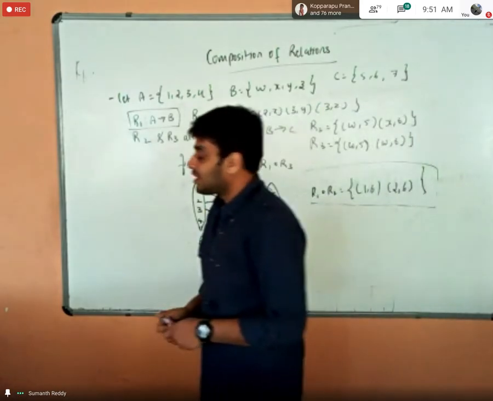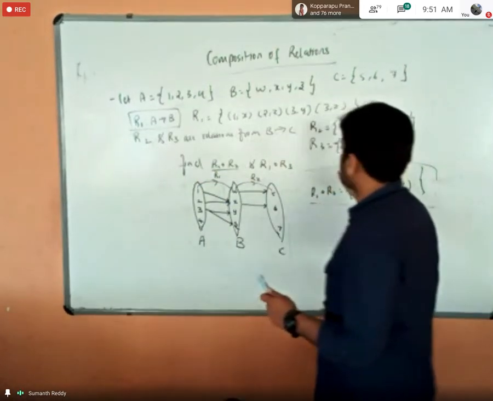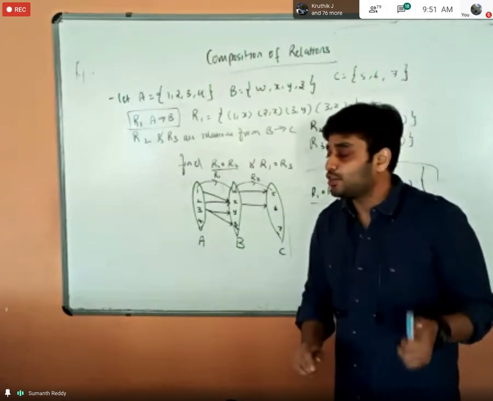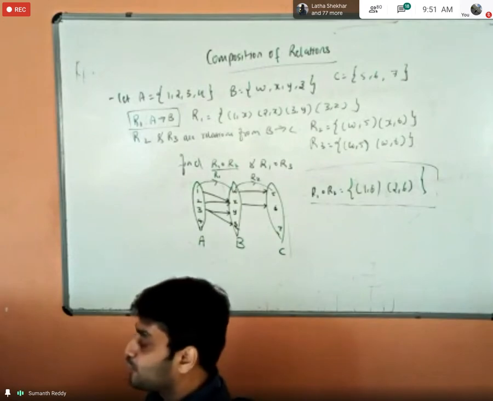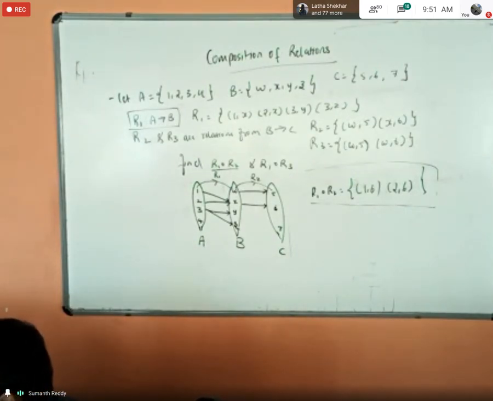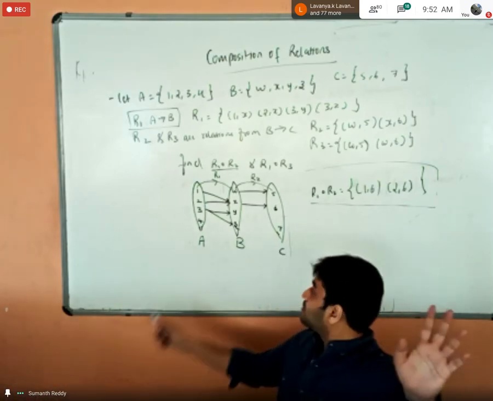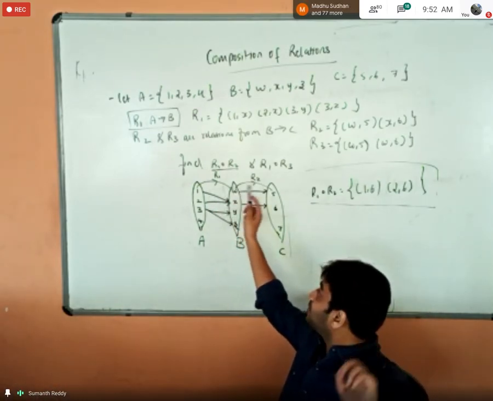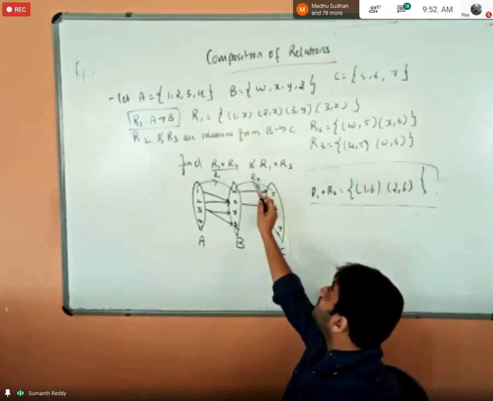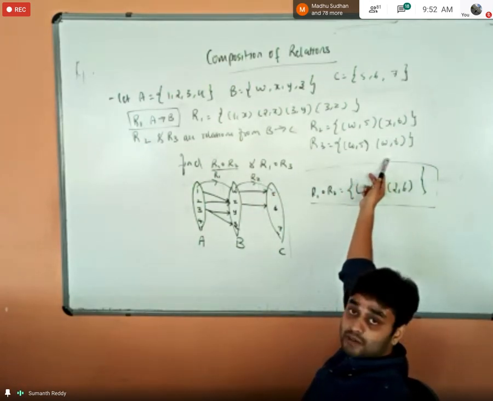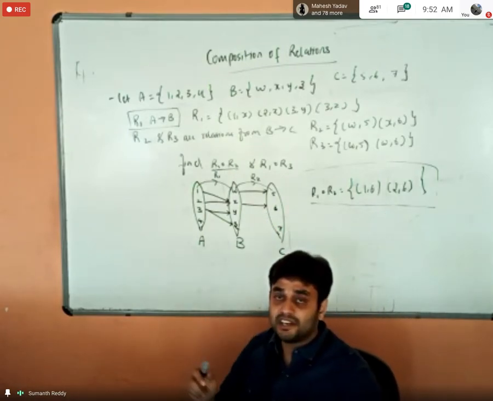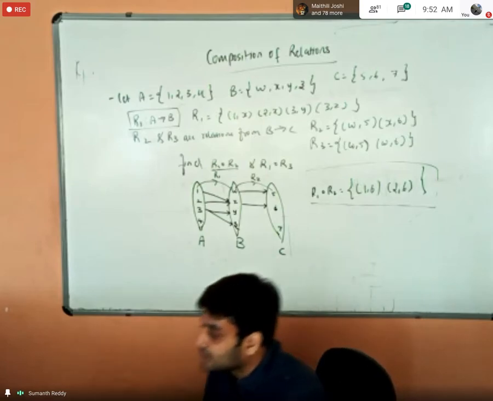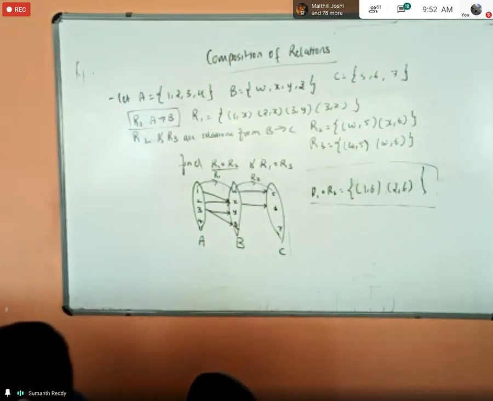Similarly, now I want you to find R1 composition of R3. I want you to find that solution, and you should post it in the comment section. Students, I'm just asking you, find R1 composition of R3 now. Same thing, here you need to write the R1 relation. Next, instead of R2, you need to write R3. And what is that R3? He has given W comma 5 and W comma 6. So just represent that. And finally, you tell me which are all the ordered pairs present in R1 composition of R3. So solve it and post the answer.